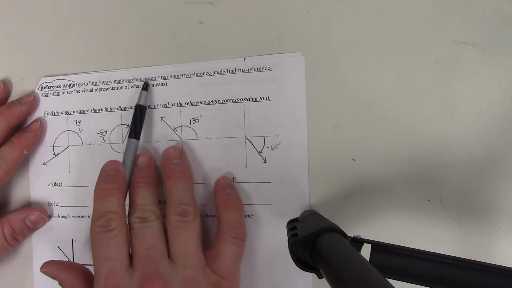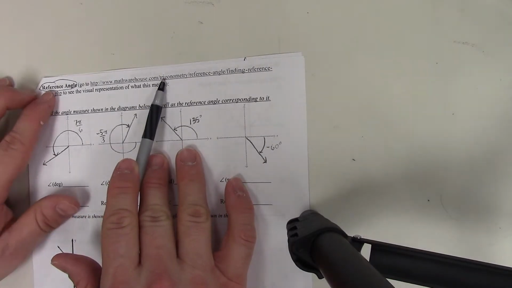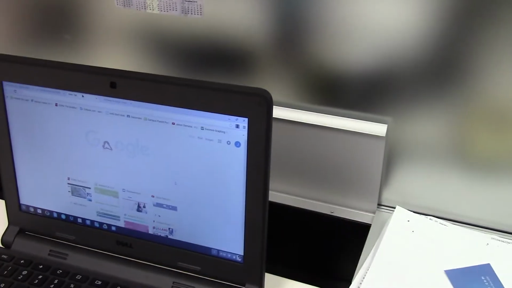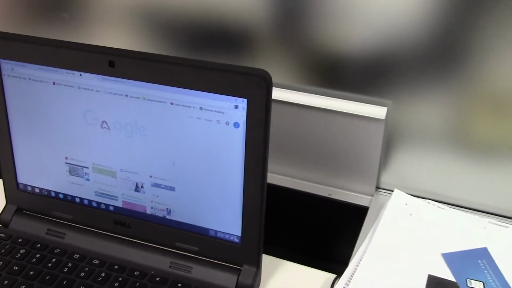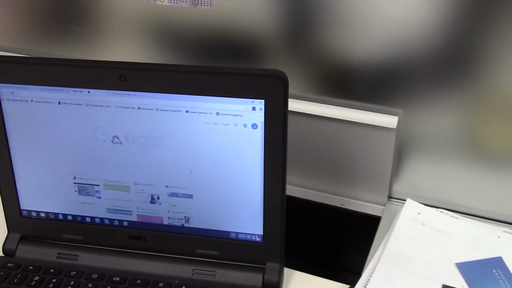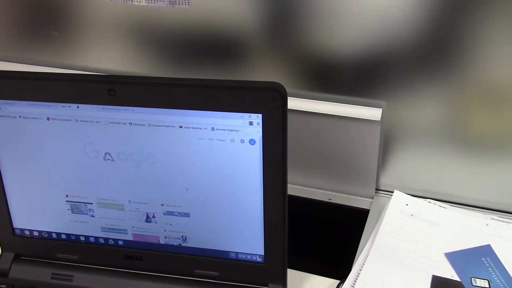This is called mathwarehouse.com. This is the actual page I want you to look up reference angle on. I'm going to show you. This is going to get kind of choppy for a minute because I have to mess with the camera here. But I'm going to show you a minute here so you can see what it is that I want you to do. Okay. First of all, I go to my Chromebook and I type in, again,